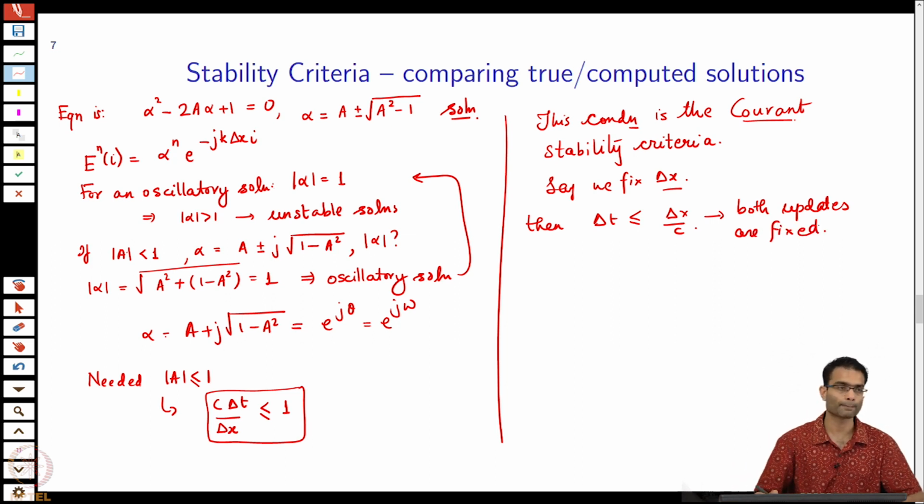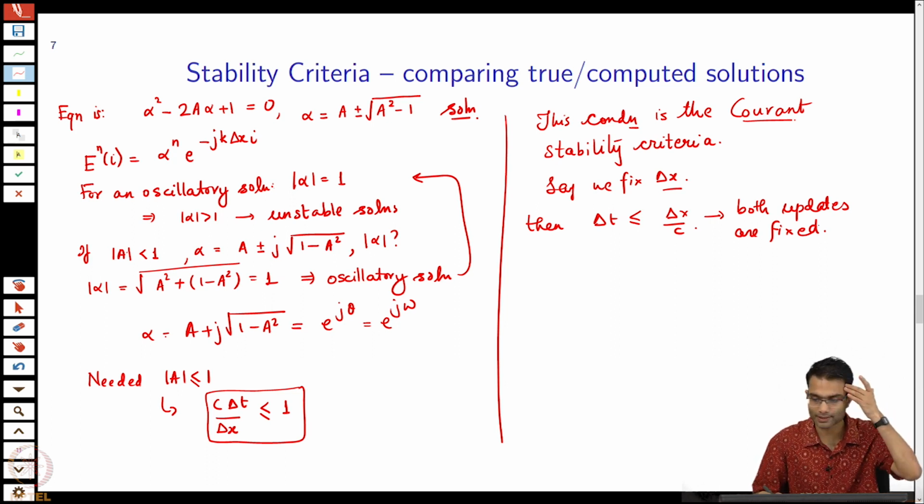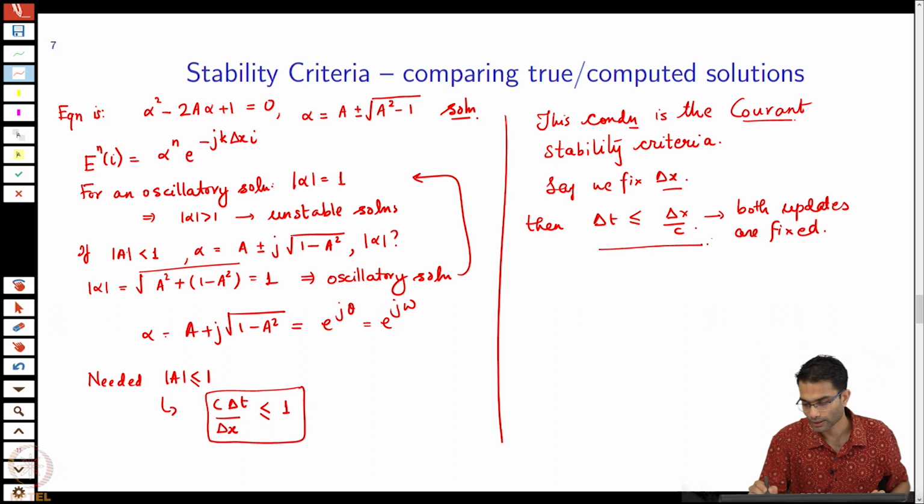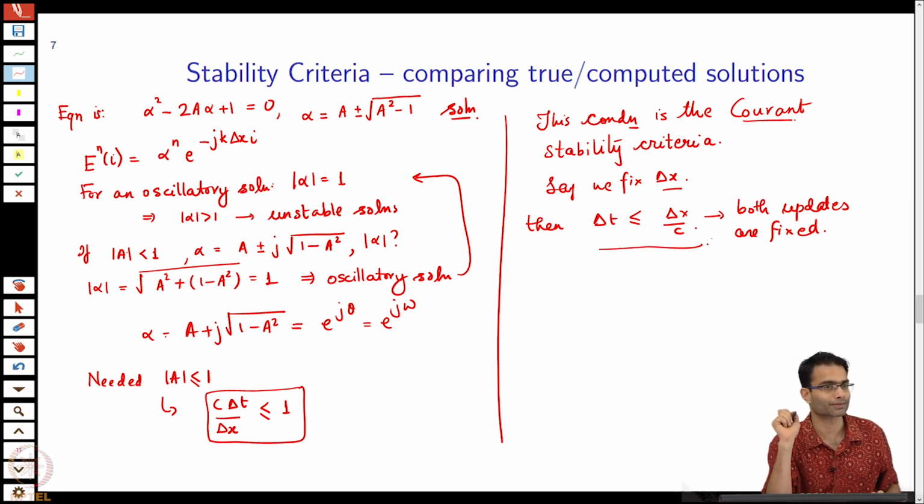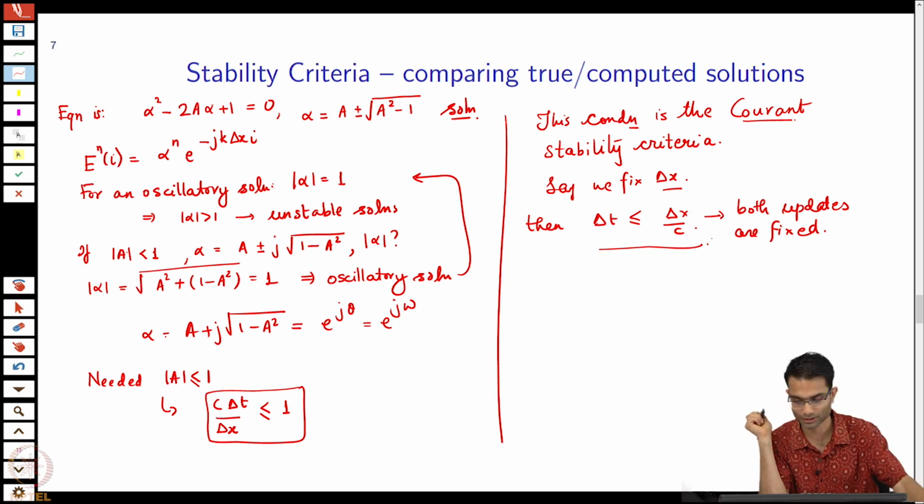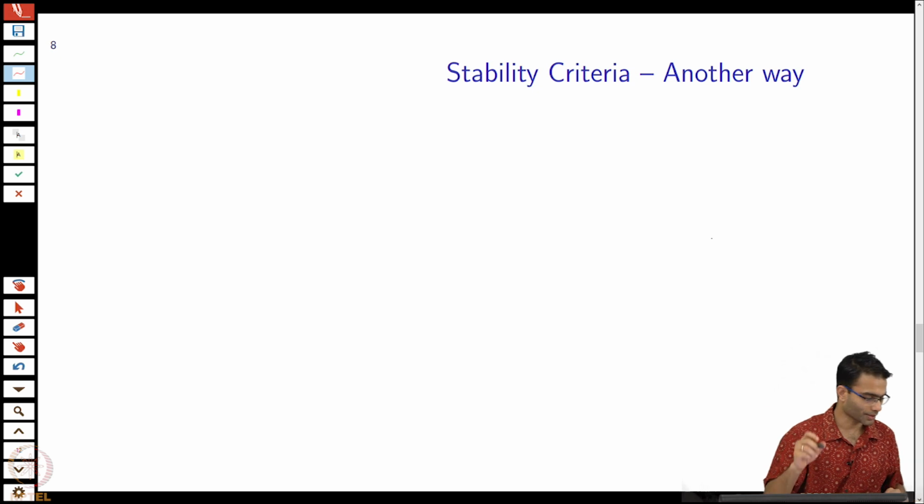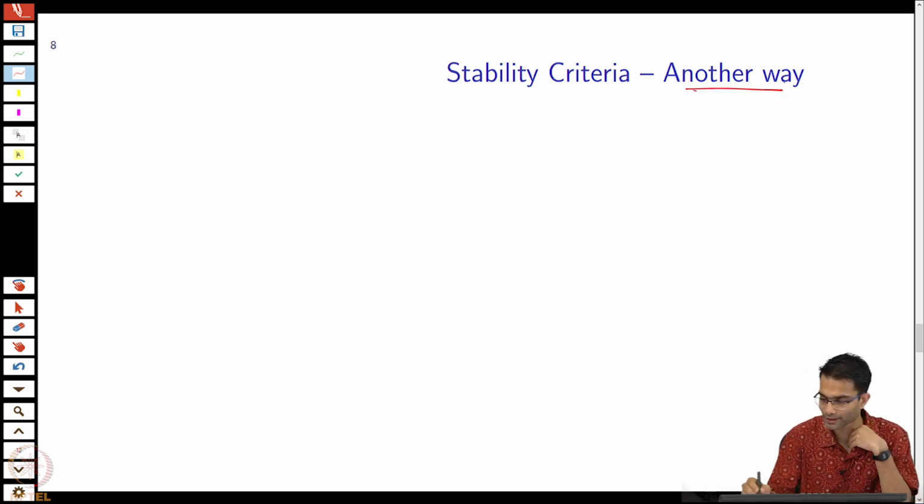There is no room over here. So, what we did is we gave a very precise mathematical way of arriving at this constraint. Okay. There is actually an intuitive way of arriving at this, which is more fun than what we did, right. So, for doing this intuitive way of arriving at the stability criteria, what I will do